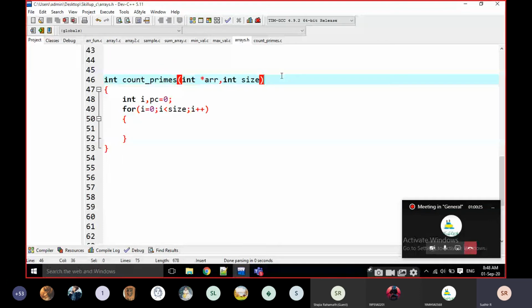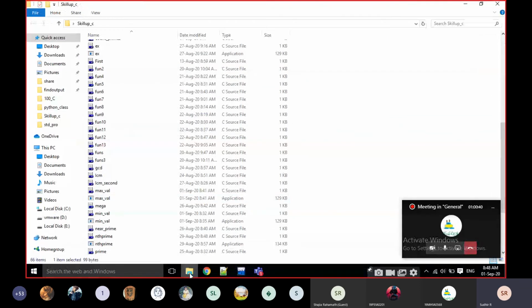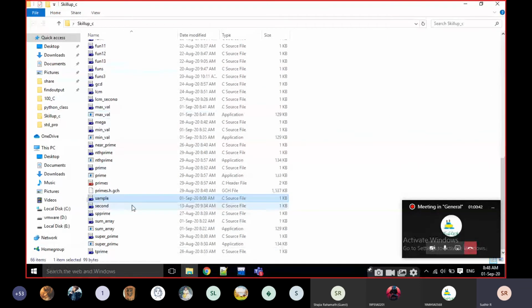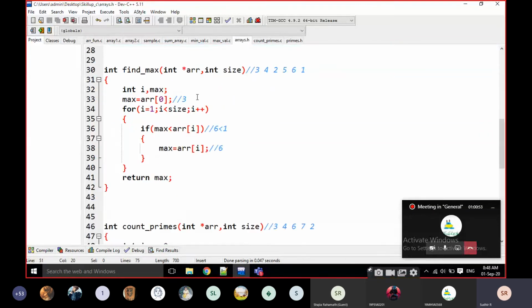If I access them here, it is going to work like this: 3, 4, 6, 7, 2. I am going to find whether the value is prime or not. I already developed a function, right? That is already written in primes.h, right? Primes.h.